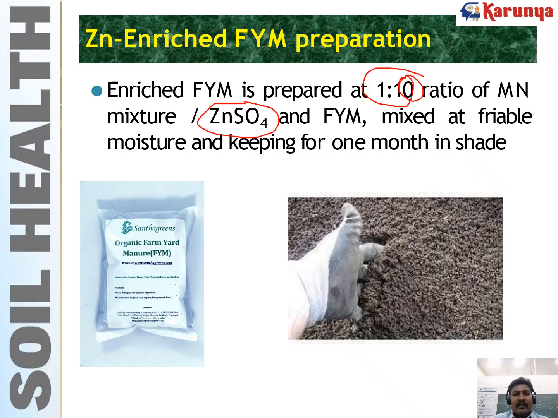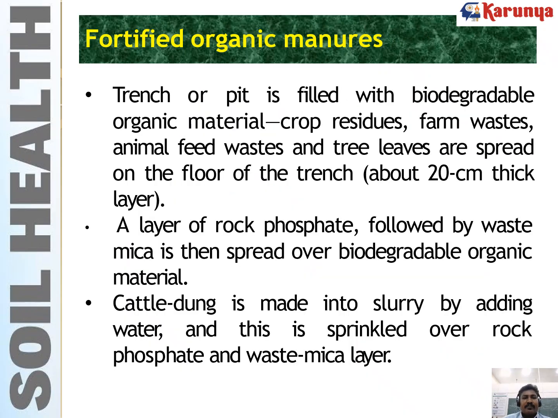You can mix it, maintain the moisture content, and keep it for 1 month in shade drying, so that it will become ready. The zinc will be enriched in the organic manure, so that you can use it directly for crops which are zinc loving. And sometimes while you are preparing the organic manures in your farm itself, you can fortify the organic manure with fertilizer. You can make a trench or pit filled with biodegradable organic material, like crop residues or farm waste, animal feed waste, or any tree leaves collected on a daily basis in your field. You can just put it into the pit